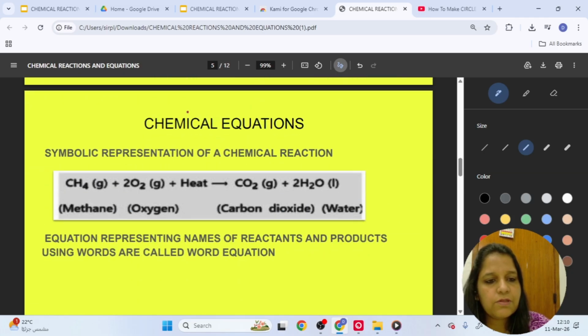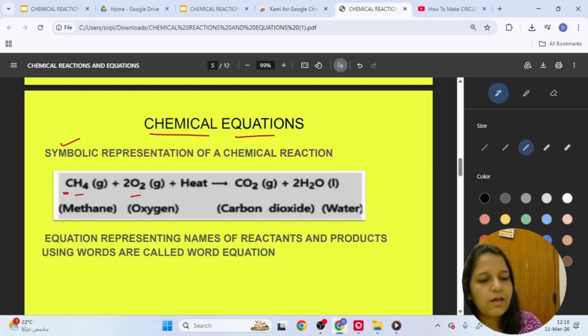So the next topic which is coming up is chemical equations. Whenever any chemical reaction can be expressed in the form of symbols, then we call it a chemical equation. Like carbon can be represented by C, हाइड्रोजन का सिंबल क्या होता है H, ऑक्सीजन का सिंबल क्या होता है O. So यहाँ देखो symbolic representation है chemical reaction का. So it can be represented in two different ways. एक तो symbols के साथ represent हो रही है और दूसरा words के साथ represent हो रही है. Like when methane combines with oxygen, what is it forming? Carbon dioxide and water. So here the reaction is expressed with the help of words.